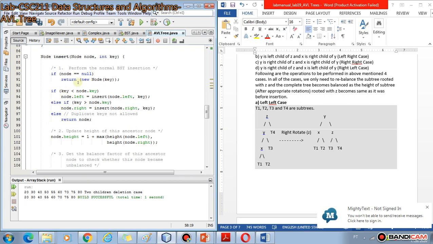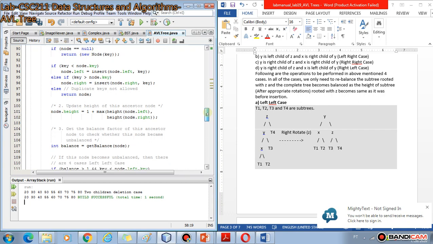If the root is not null, then you compare with the key of the node, and if it is less than the key, you call this method recursively and pass it the left of the node, so it keeps going on to the left. We have discussed this recursion phenomenon earlier.